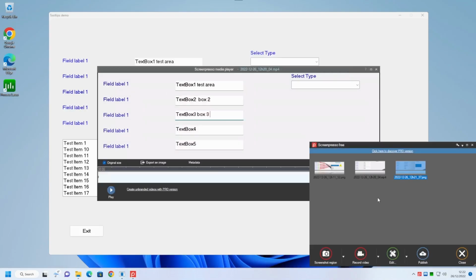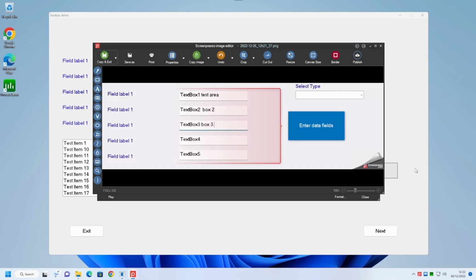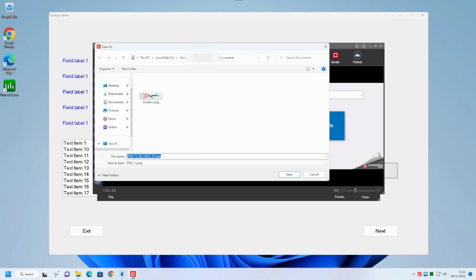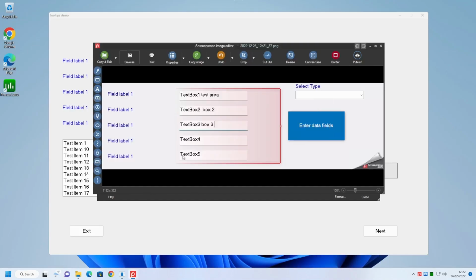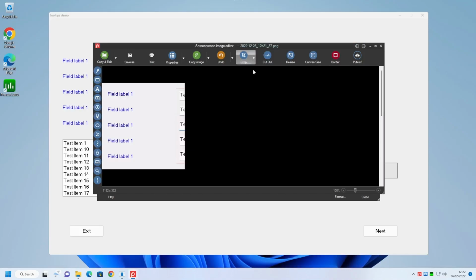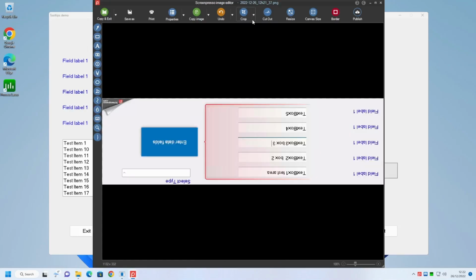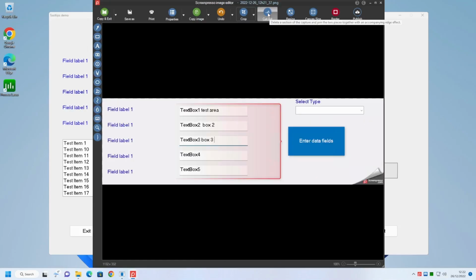And it appears again as a still frame which you can then go in later and edit again. We can also save this as an additional file. We can also rotate the image, should that be needed, or cut out an area.